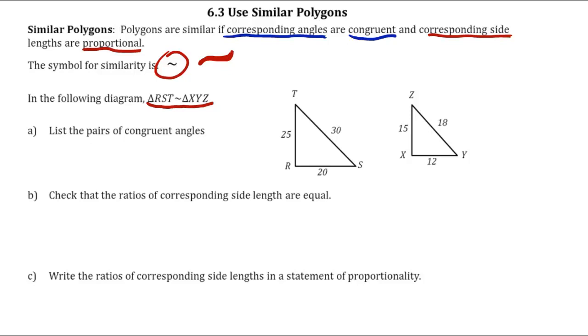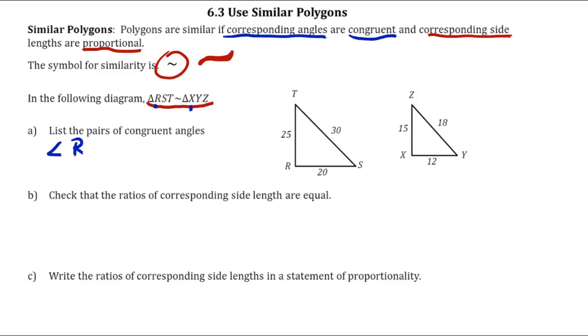So we're going to list the pairs of congruent angles. Now, a similarity statement works exactly like a congruency statement does. It tells me what pieces are corresponding. And so if I want the angle that corresponds to R, I have to look up here at the similarity statement and say, okay, R is in the first position, and so in the corresponding triangle, X is in the